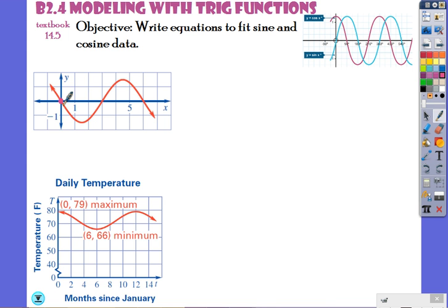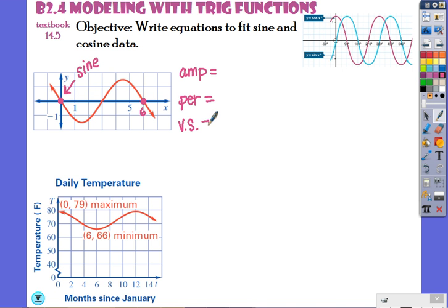It looks like it's sort of starting in the middle here and then going down and coming up, and it's finished with its full cycle by the time it gets to 6. So since it started in the middle, I'm thinking that that looks like a sine curve. And then for each of these, I'm just going to have us figure out our amplitude, our period, and our